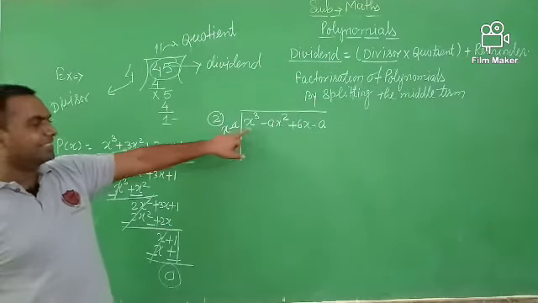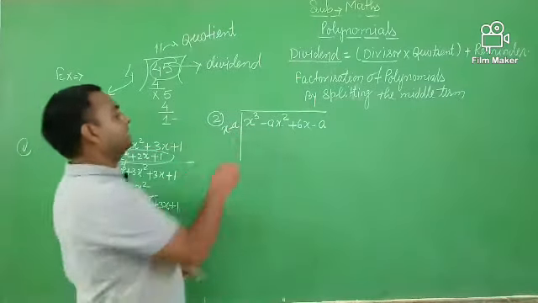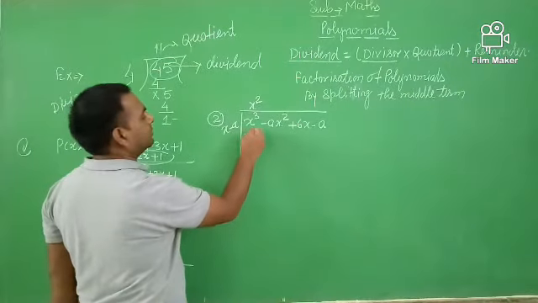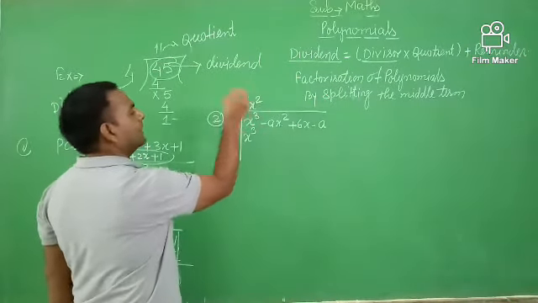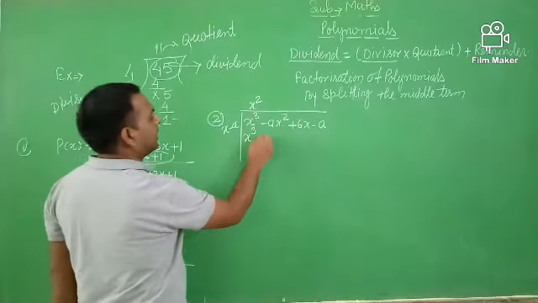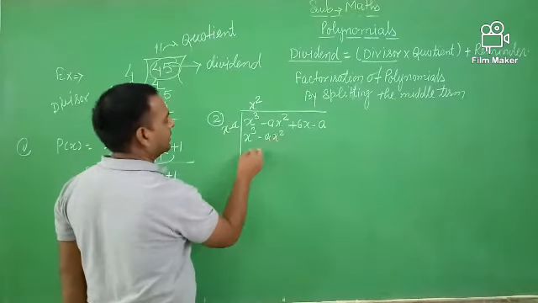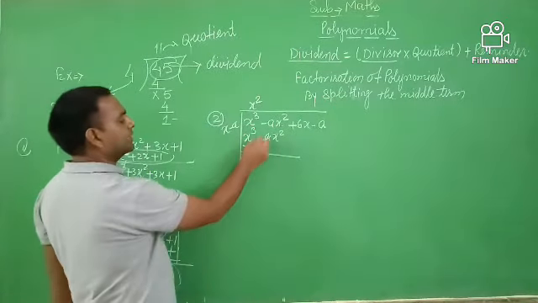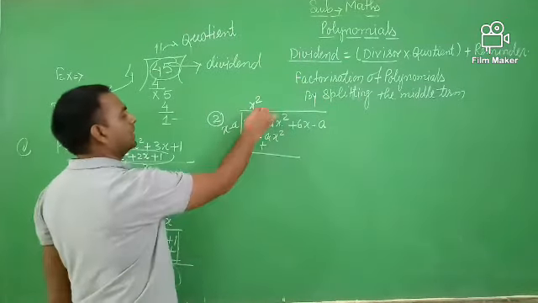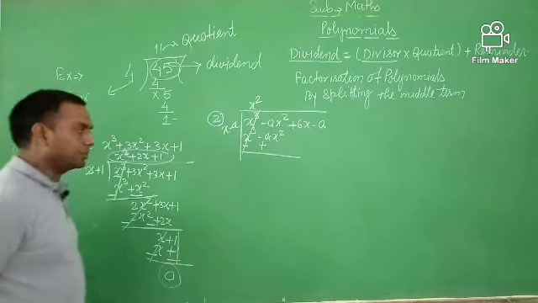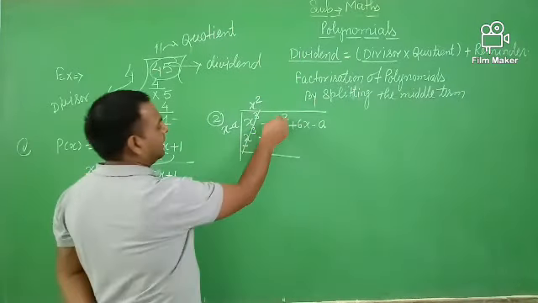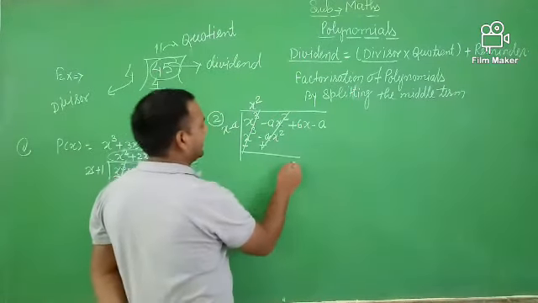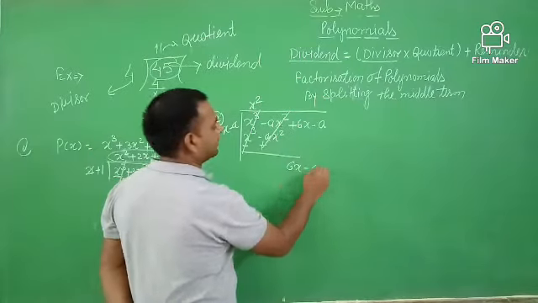Here is x and this is x cube, so you multiply by x square, so it is converted into x cube. Multiplying by x square here, this is minus ax square. After the subtraction, the positive converts into negative and the negative converts into positive. X cube is cancelled by x cube. Here ax square and ax square are also cancelled by each other. Then this is 6x minus a.